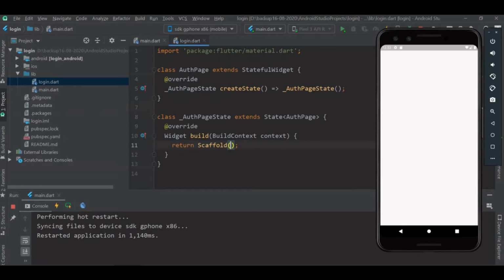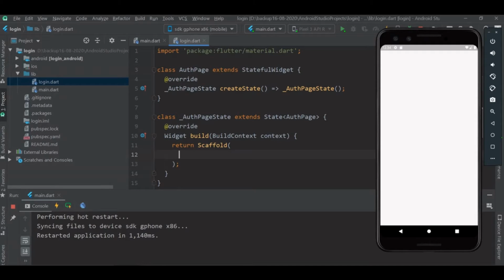So now you can build your app. If you want that banner, you can just leave it as such, but I don't like that, so I'm taking it off the application. So let's start. Inside the Scaffold we are gonna build our application, that is the UI. So first of all, I'll be using